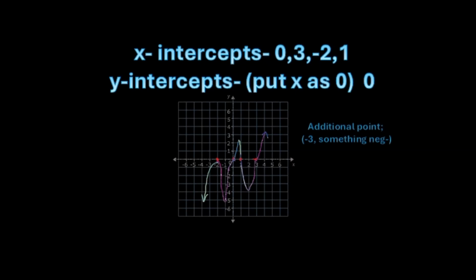Then it goes towards another 0 of the polynomial, which is 0, and then it goes straight through because the multiplicity of x is 1. Then it goes to another 0, which is 1, and the multiplicity of x minus 1 is 1, and so it goes straight through the x-axis. Then it goes to another 0, 3, the multiplicity